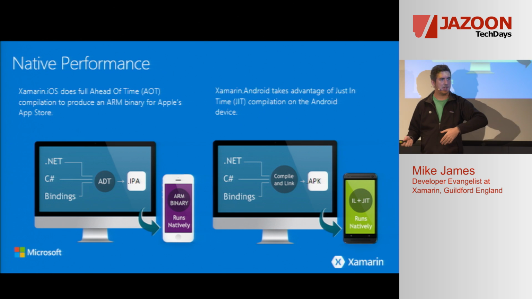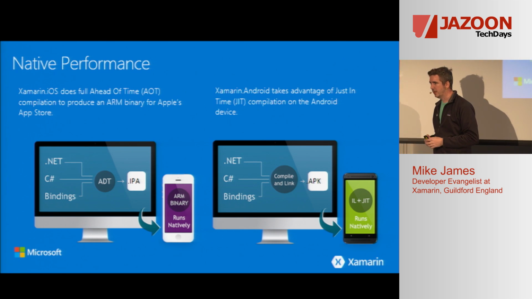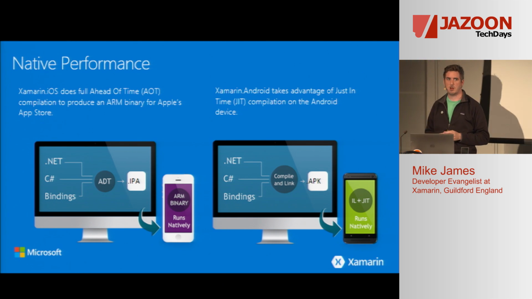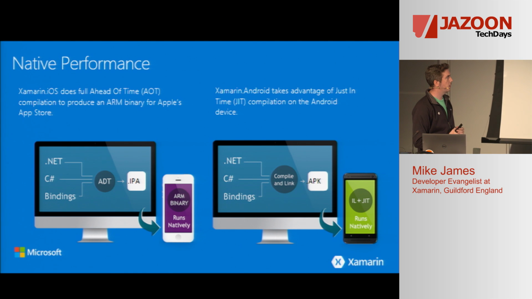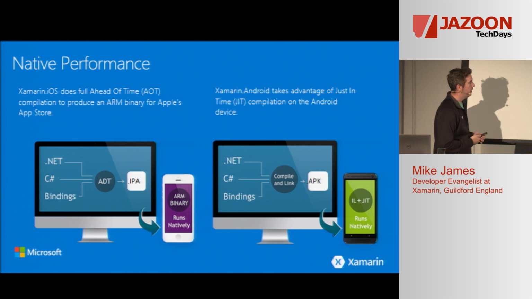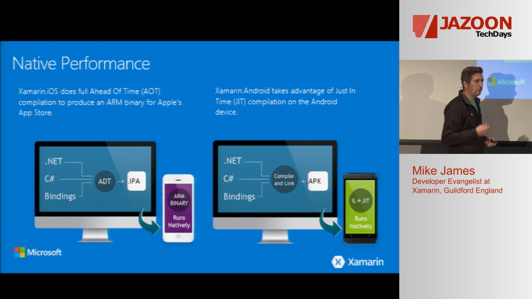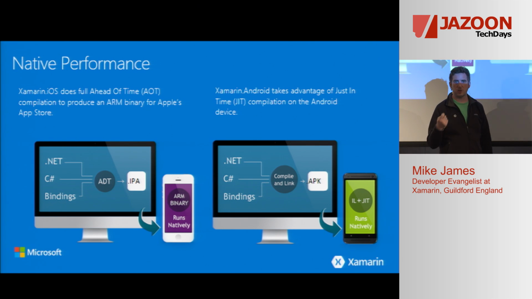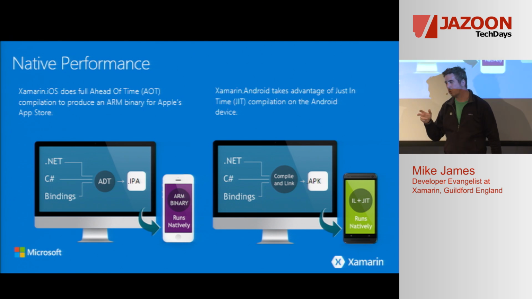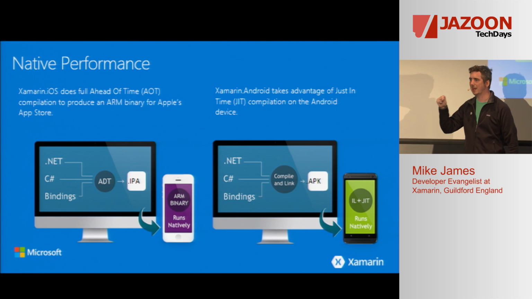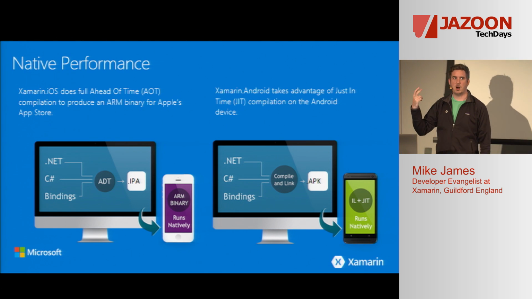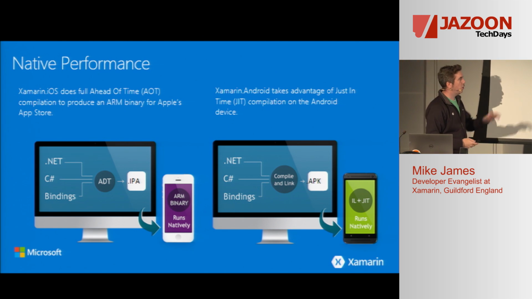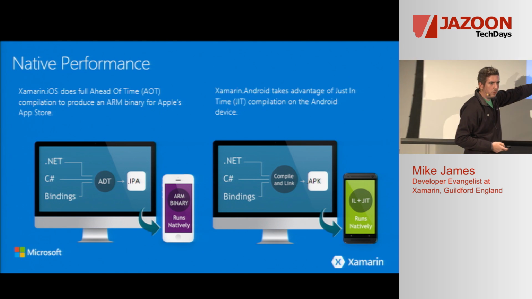If you're running on WPF or a WinForms application, it's JITting. So just in time compilation. We do the ahead of time compilation, which is a rule by Apple. So by the end of the compile process, we get a native ARM binary that you can't tell the difference between if it was built with Swift or Objective-C or Xamarin. That's not quite true. If you open up the Xamarin app, you'll see some DLLs in there, but it's still just an ARM binary. On Android, we can JIT, so we do.